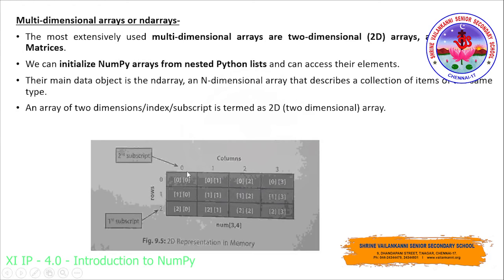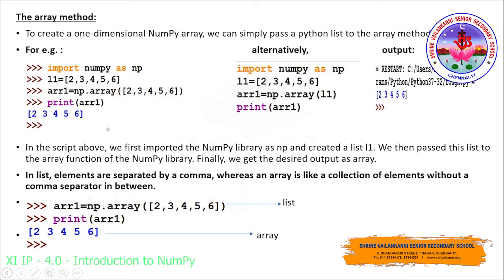of 1, which is row and then column. So the first subscript usually represents the row and the second subscript represents the column. Clear? And this is how we will be representing the array in memory. And now let us see the array method, that is how to create a one-dimensional NumPy array and two-dimensional NumPy